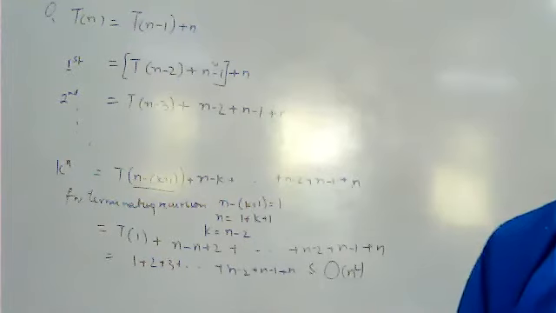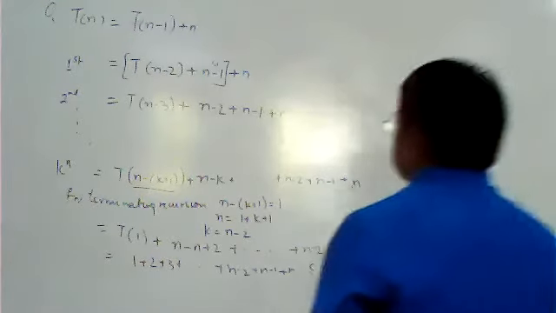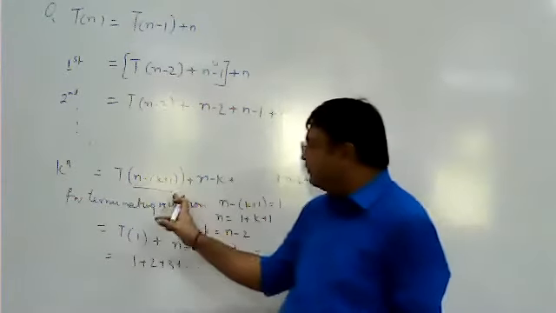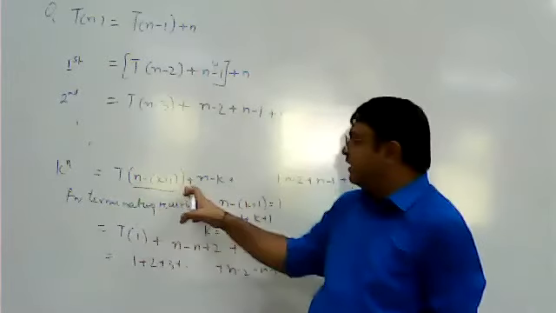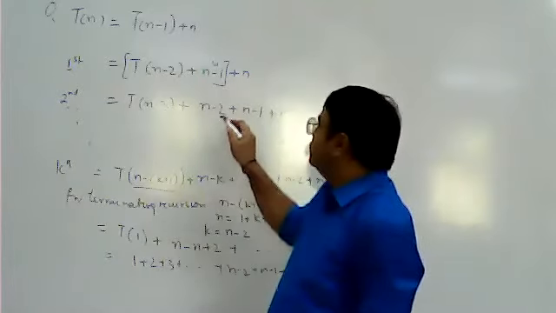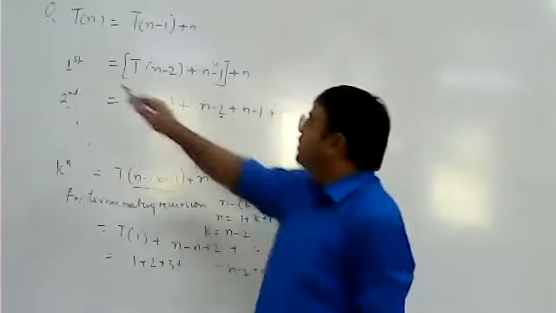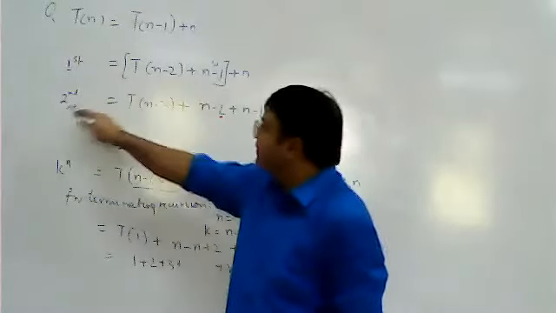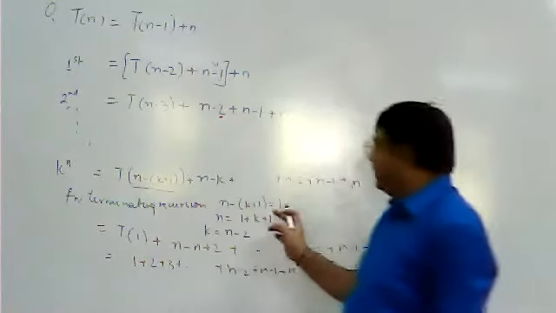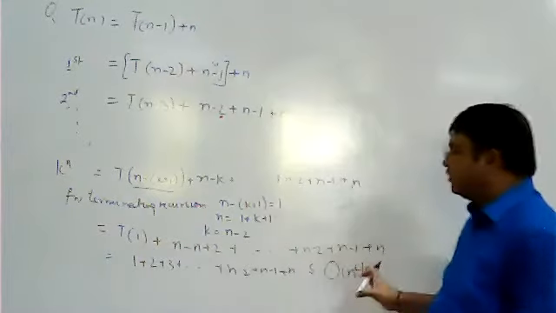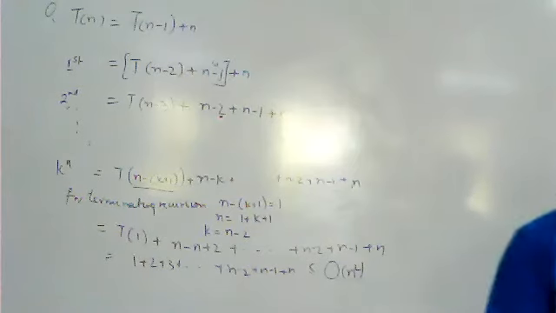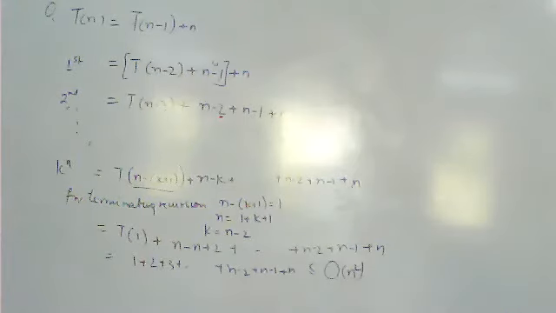Clear to everybody or any confusion? Just see once more, it's very simple. You have to do up to the kth iteration, so we get a pattern. After getting the pattern, you have to evaluate it to 1. So n minus k plus 1. Why k plus 1? Because when iteration is 1, we are getting n minus 1, and here we have 2. When iteration is 2, we are getting n minus 2, and here we have 3. So when iteration is k, here we have k plus 1. It will terminate when it is equal to 1. So we'll get the value of k and you substitute it. T(1) is always equal to 1. So we get this series, the sum of n numbers, that is order of n square. So note it down quickly.